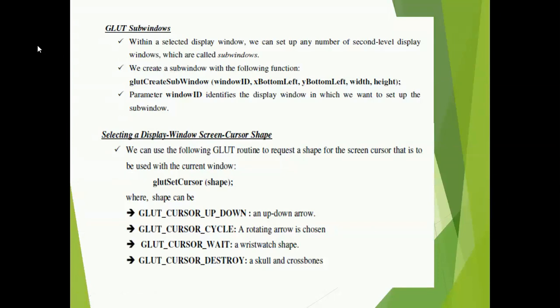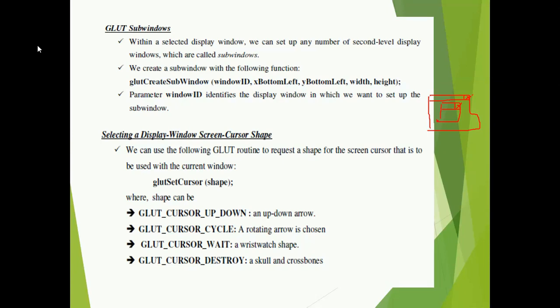GLUT subwindows. Suppose you already have a window, and within that window you want to create one more window. The main window has a close button and the subwindow also has a close button.